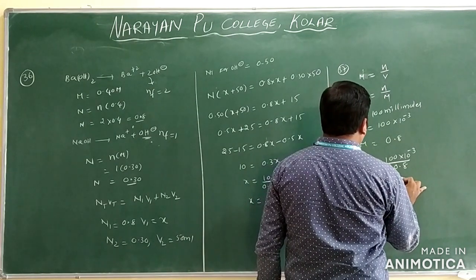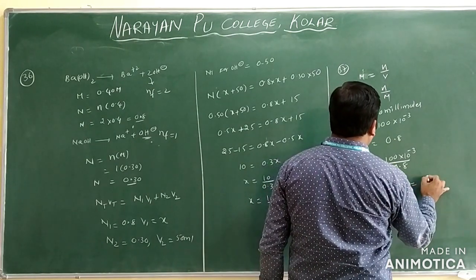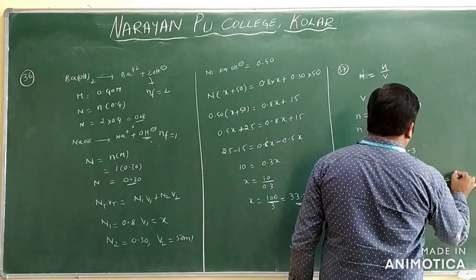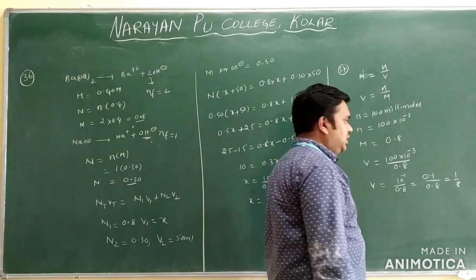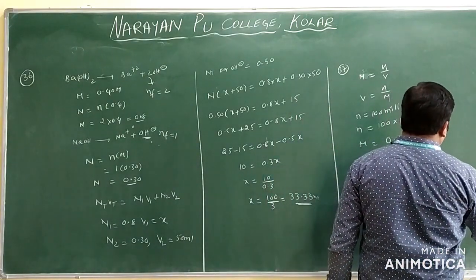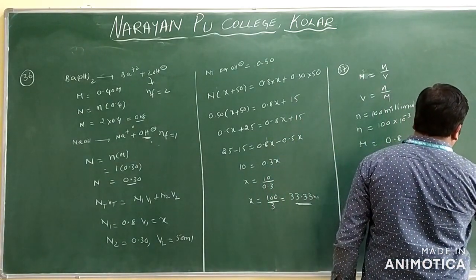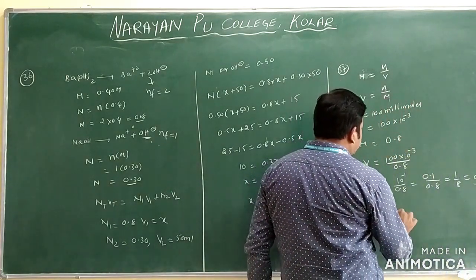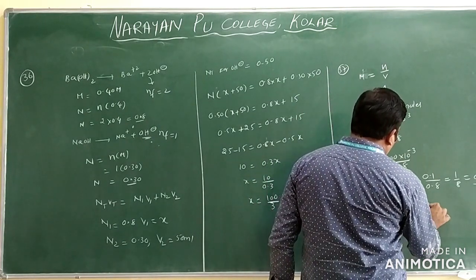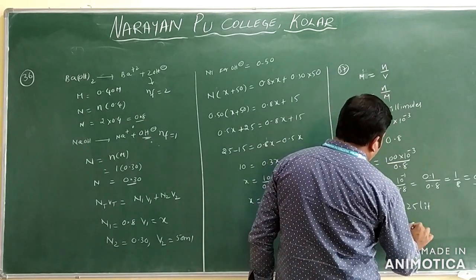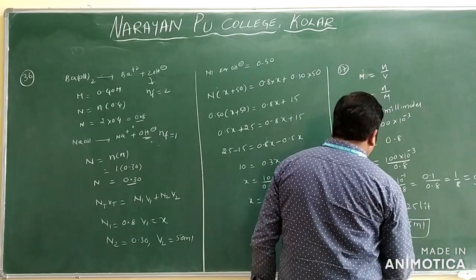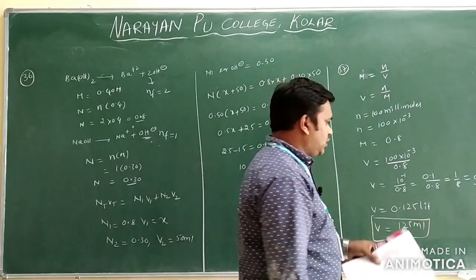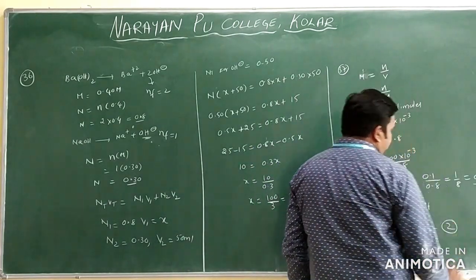So can I write this one, 10 power minus 1 by 0.8, that is 0.1 by 0.8. You will write 1 by 8 only. 1 by 8 means 0.125. Here the volume is in liters only. So the volume is equal to 0.125 liter. You can convert it into ml, how much you will get? 125 ml only, you can multiply by 1000. So what is the answer for this question? We have option 2 only, that is 125 ml.